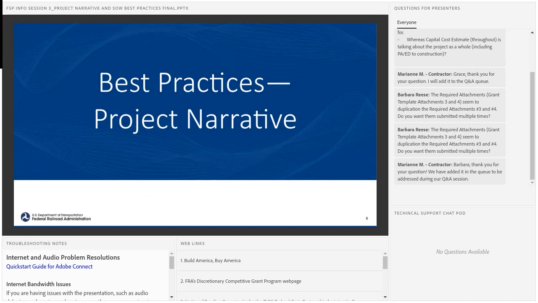Jumping right in, we'll start with the project narrative. The narrative is a core element of your application. It's usually the primary document that FRA will review to understand your proposal. You should spend a lot of effort to make the narrative as clear and comprehensive as possible, and we'll talk about that in the following slides. Keep in mind that FRA's reviewers will include a range of subject matter experts who may or may not have familiarity with your particular project. So in your writing, limit jargon and explain any project-specific terms of art to ensure all of us understand what you're talking about.